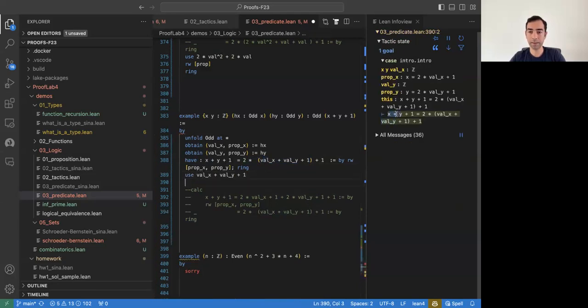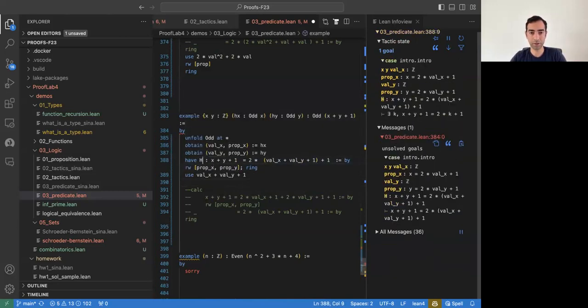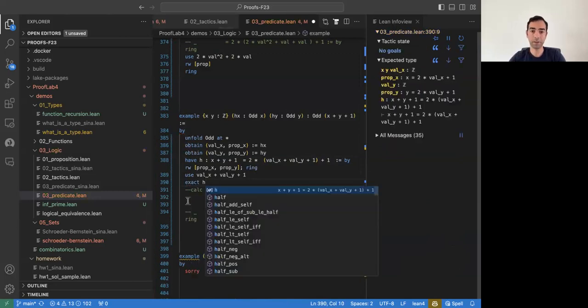Now I have to prove that x plus y plus 1 is equal to 2 times val x plus val y plus 1 plus 1. And this is exactly what you proved in this, right? You can also give it a name, big H or H, and just say this is exact H. Okay, we are